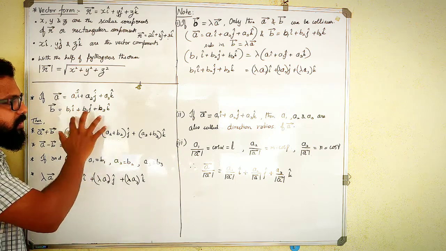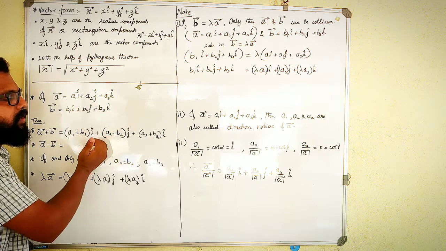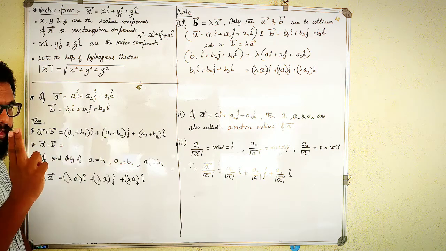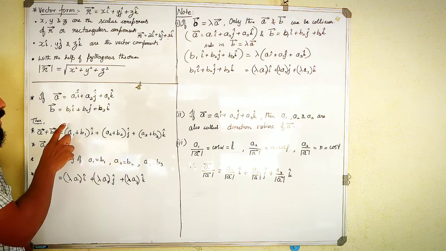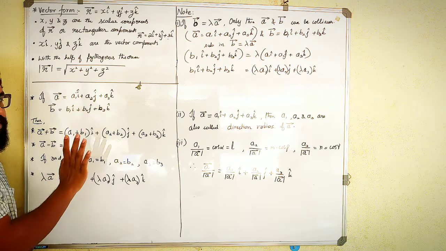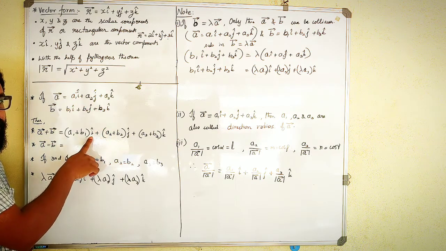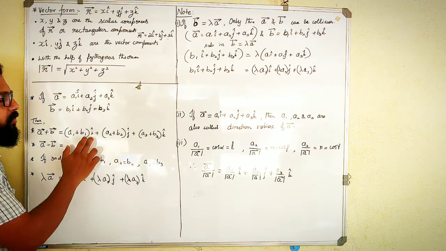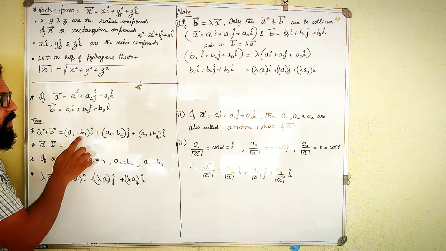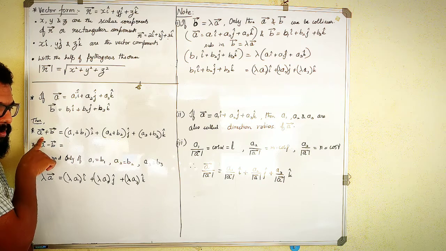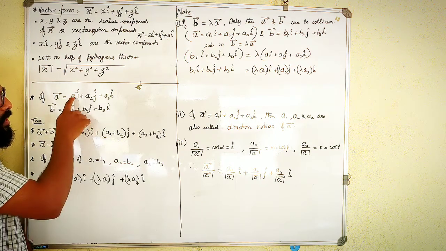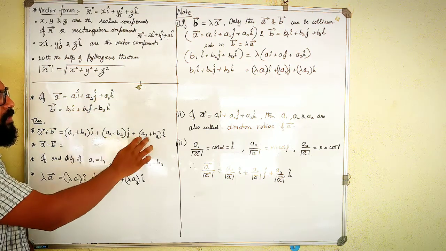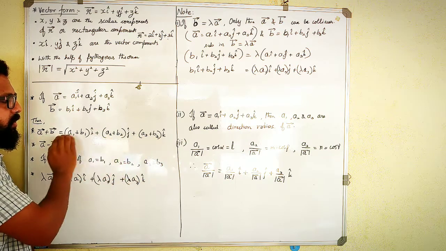Based on these two vectors, we'll try to create an algebraic formation, that is, addition of two vectors. Suppose two vectors are given and I have to add them. When I have to add them, I only have to add the scalar quantities. I need not add the vector quantities, that is, I cap, j cap and k cap are unit vectors. I can just keep them outside the bracket and only add the scalar quantities. If a vector plus b vector needs to be found out, then it is just a1 plus b1 I cap, a2 plus b2 j cap and a3 plus b3 k cap. So this is the addition of vectors.